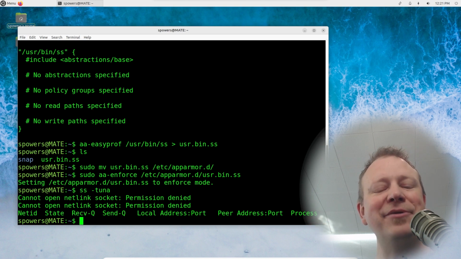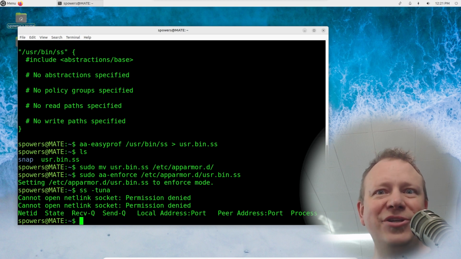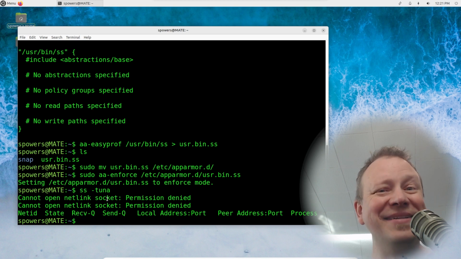And this can be really confusing. So like, okay, what do I do now that I see it can't really do anything? I can't connect to the sockets. I can't do any of the stuff. Well, you may remember that complain mode will allow it to happen and still write it to the log file. Enforce mode doesn't let it happen, but it still writes to the log file for AppArmor when something tries to break the rules. So our log file currently has the broken rules that ss tried to accomplish.